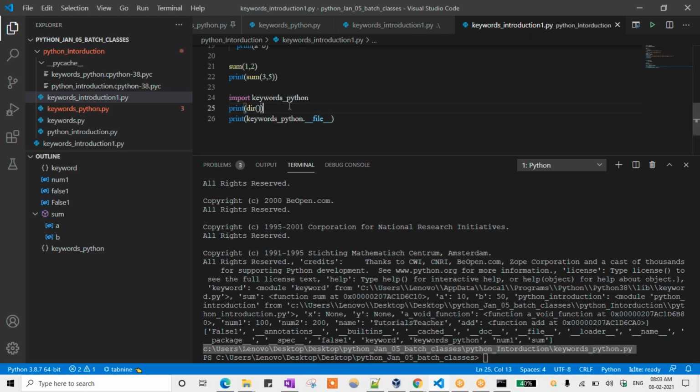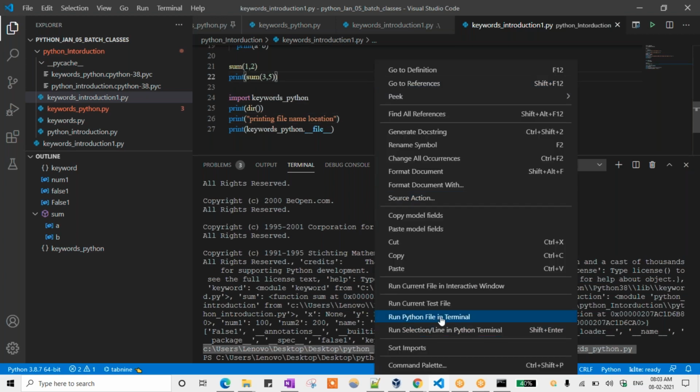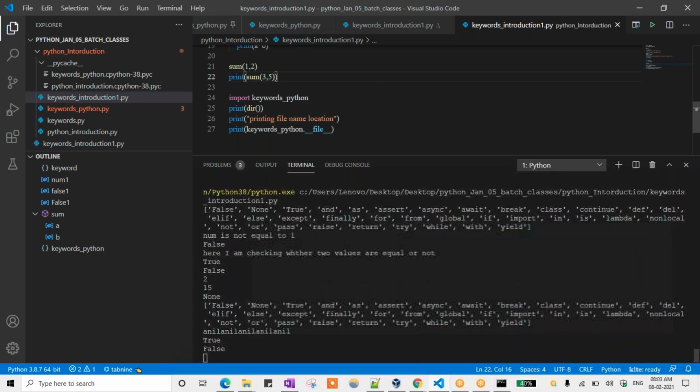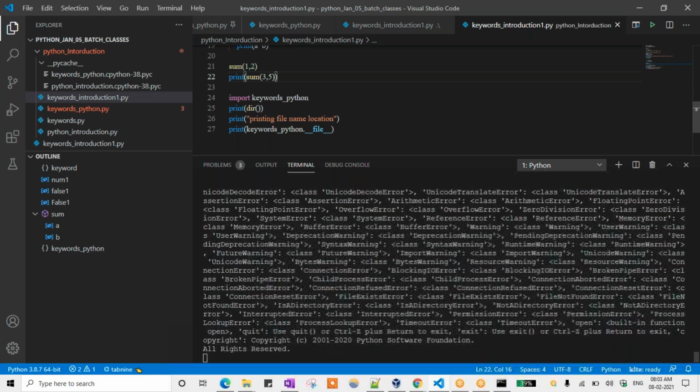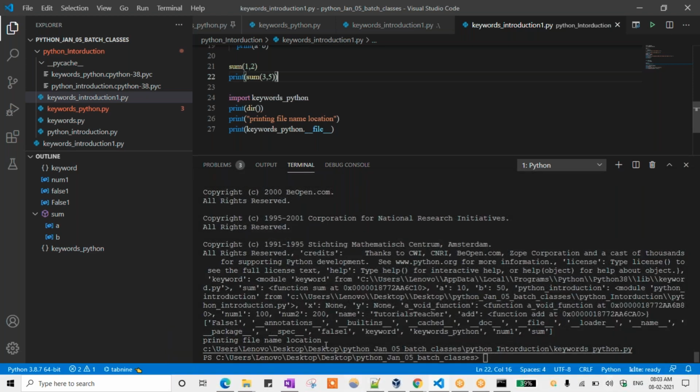Okay. So for understanding purposes, I will just keep some string statement here. So printing file name location. Okay, to understand the purpose. So after that, you can see that location. So see here, you are printing file name location, and then you are getting the whole path. So keywords_python dunder file name, what it will give is that file name.